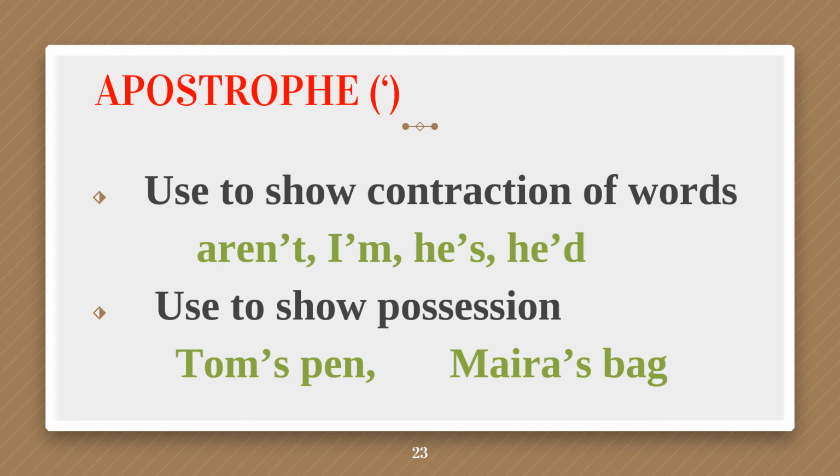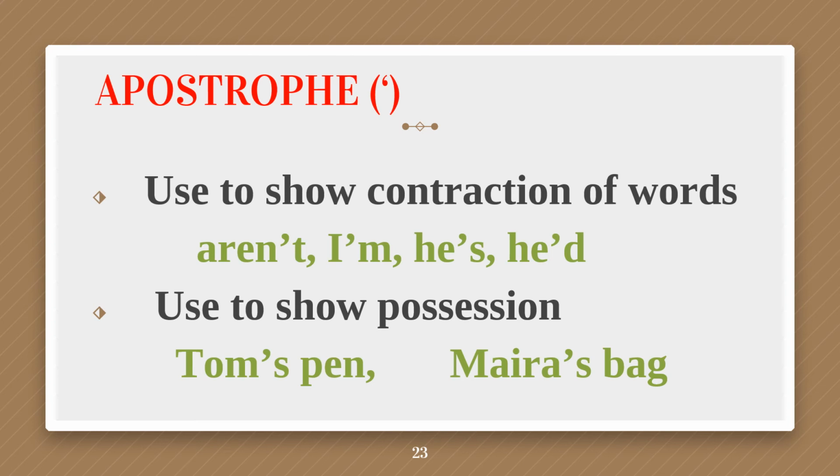The second purpose is to show possession. When someone is possessing something, we use apostrophe to show that possession. For example, the pen belongs to Tom, so Tom's pen. The bag belongs to Myra, Myra's bag. The picture belongs to my friend, my friend's picture. The book belongs to a teacher, my teacher's book. So we use apostrophe to show possession, and it comes before the s